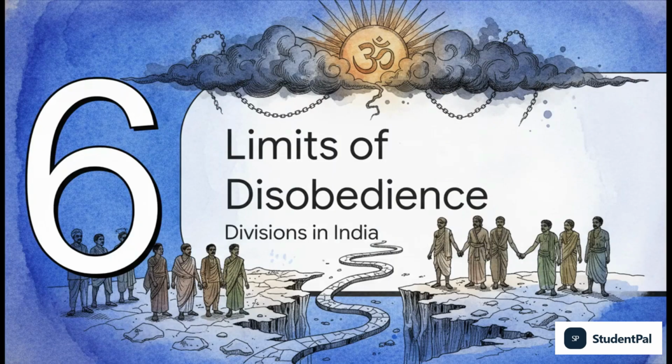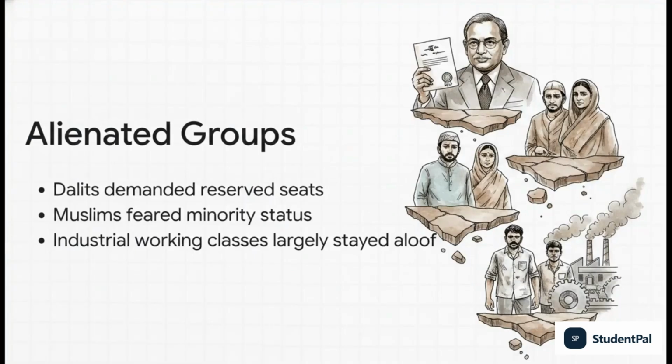Section 6. Limits of Civil Disobedience and Divisions in India. But look, we have to view history objectively, right? The beautiful, abstract concept of Swaraj did not magically unite every single social group in India overnight. There were real divisions. For a long time, the Congress had largely ignored the Dalits, primarily because they feared offending conservative high-caste Hindus. Dr. B.R. Ambedkar, who organized the Dalits into the Depressed Classes Association in 1930, fiercely demanded reserved seats in educational councils and separate electorates. This actually led to a major clash with Gandhi, which ultimately resulted in a compromise known as the